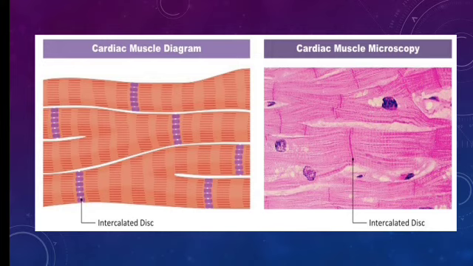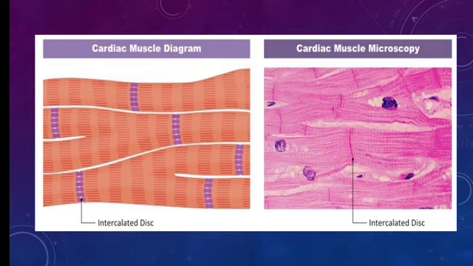Here in the cardiac muscle diagram, you can find some basic information about the cardiac muscle. The cardiac muscle is striated and involuntary. Our heart is myogenic, and somehow it is controlled by the parasympathetic as well as the sympathetic nerves, that is, the autonomic nervous system.